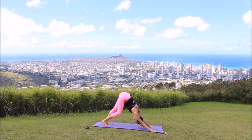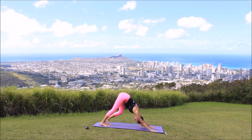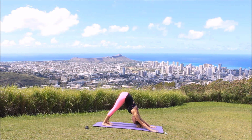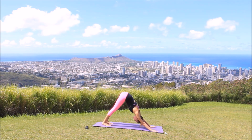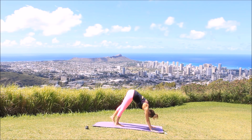Pedal up your feet, bending one knee and then the other knee. Feeling that nice deep stretch in your hamstrings. Find stillness in your downward facing dog. Inhale, look up to your hands. And as you exhale, start to walk your feet to the top of your mat